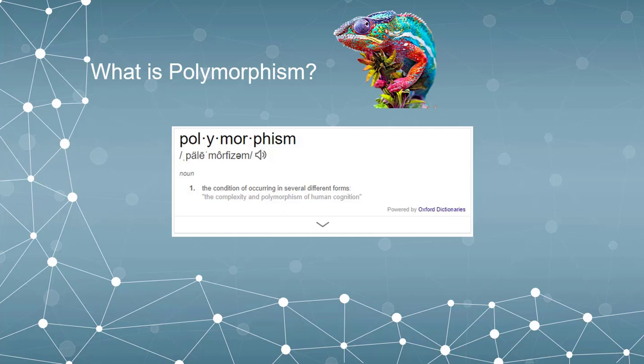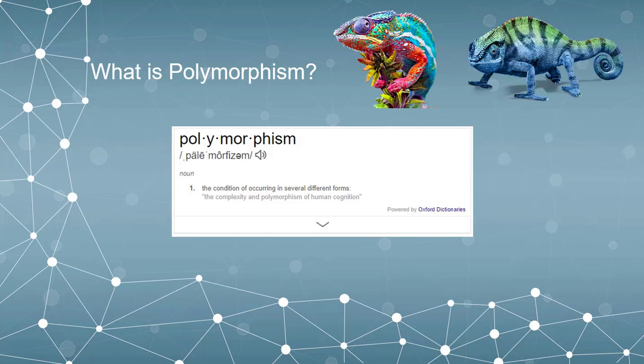So a chameleon is a popular type of lizard and it has the ability to change its color based on its mood. This also allows the lizard to blend into the surroundings for safety. So it's the same lizard, but based on the situation, or based on the environment, it can change its color.